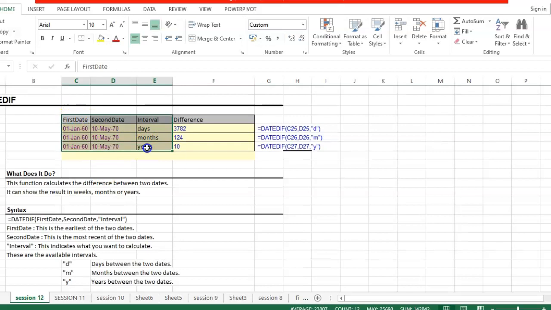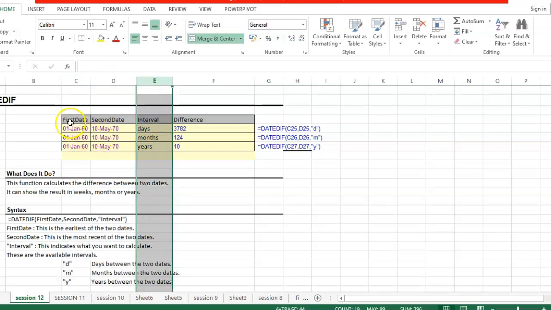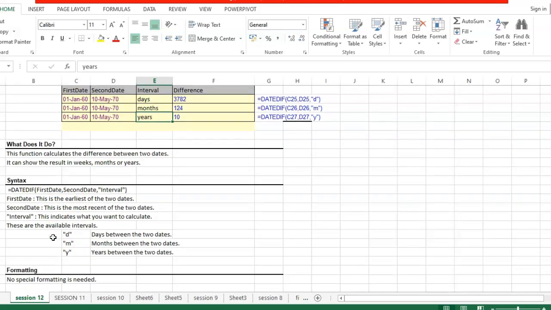Here, my details are in columns C, D and E, to be very specific, from C22 to E25. And as discussed, this is going to tell me the difference. What is my syntax? Equal to DATEDIF, open brackets, first date, comma, second date, comma, and you have to type the interval in the inverted commas and close the bracket.